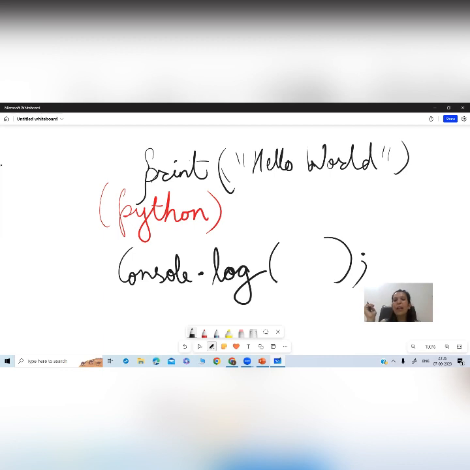Exactly the same thing in JavaScript. When you write a semicolon, that means the sentence has ended. The sentence is terminated. The sentence is done. That's the meaning here. Clear? Now let's execute and see this.